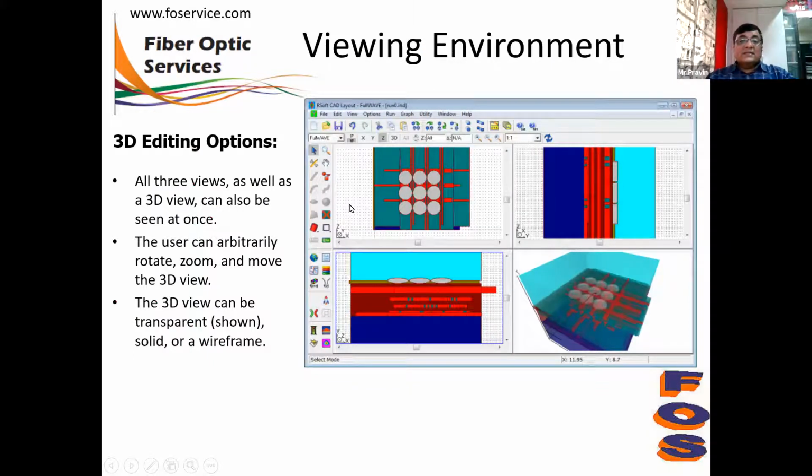RSoft CAD has 3D editing options. When you have a 3D device, you can view all the cross-sections simultaneously, and also you can view the 3D view, and you can also open the 3D view separately.